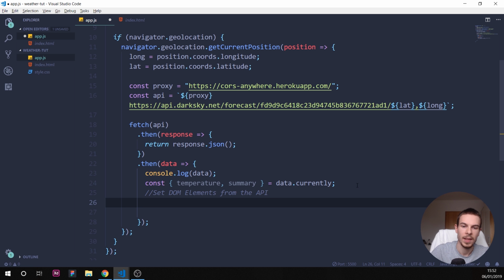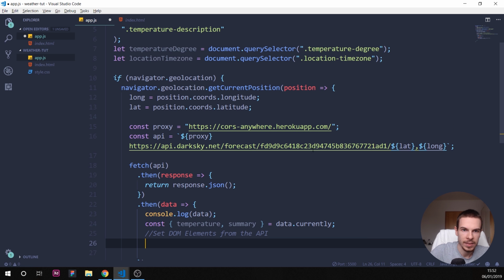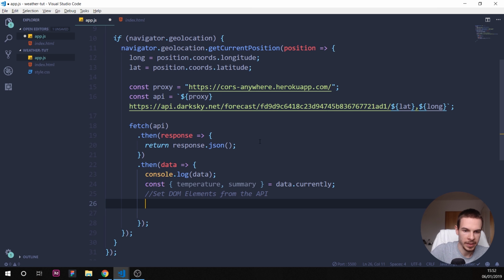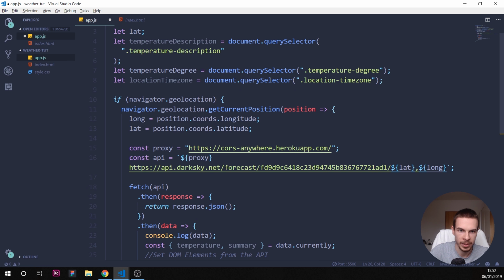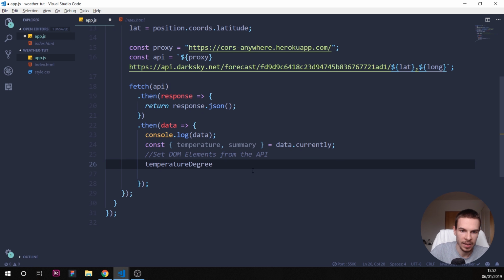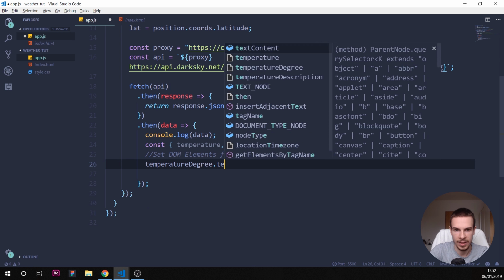All right. So we're gonna write that, and all we have to do is just change the text. So we're gonna get the temperature degree here, temperature degree. All right, so the DOM element up here, and all we have to do is say dot textContent is